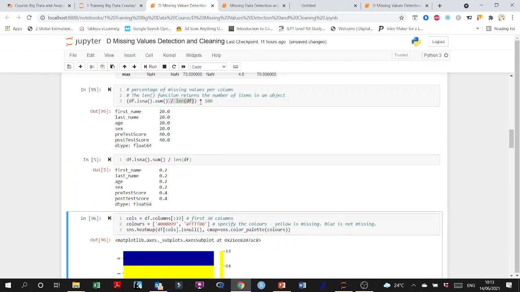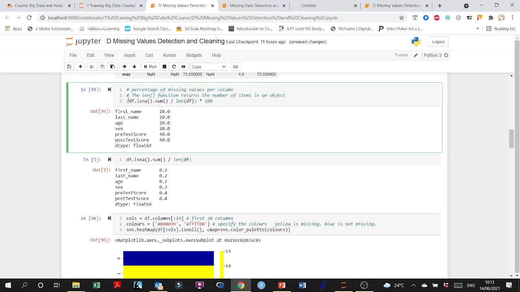If you want to be really neat, you can put it in between the brackets as above and multiply it by 100, so it's 20%. But it's the same if you just put it over the length. This len means the length of the data frame, meaning how many